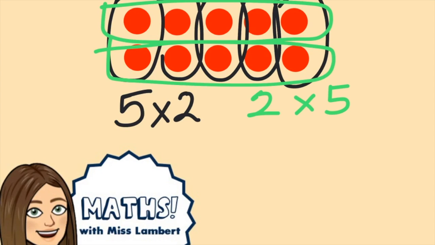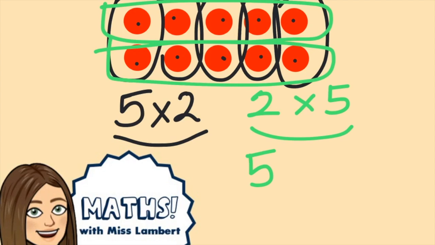Either way, if I use my first one, 5 groups of 2, I could skip count in 2s: 2, 4, 6, 8, 10. Or if I use my second method, 2 groups of 5, then I could go 5 plus 5, and I know that that equals 10 too. But either way, my answer is